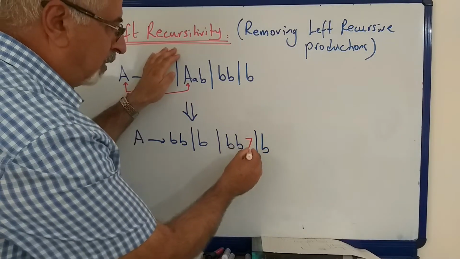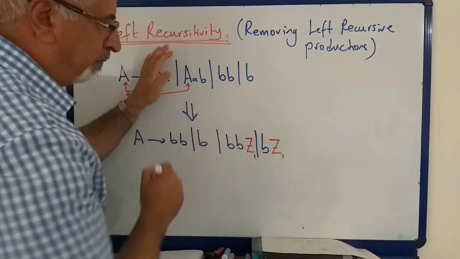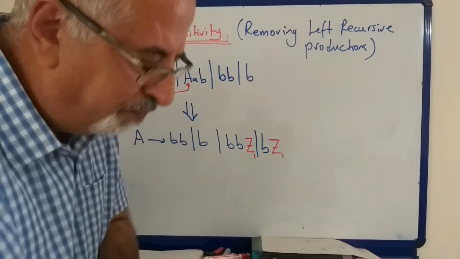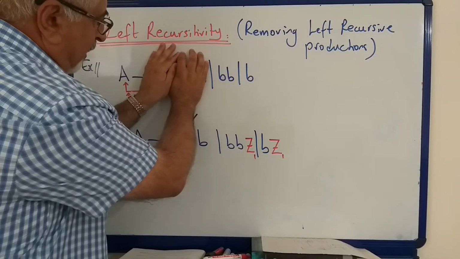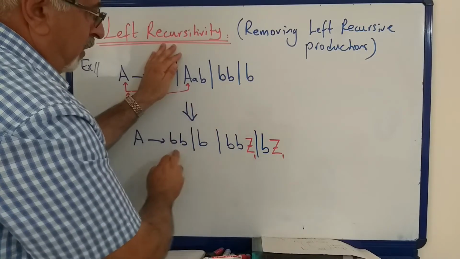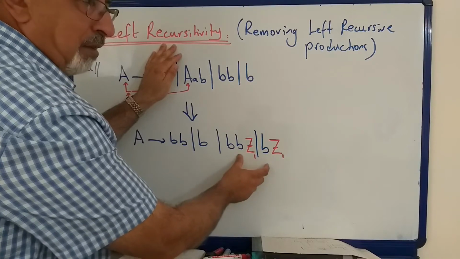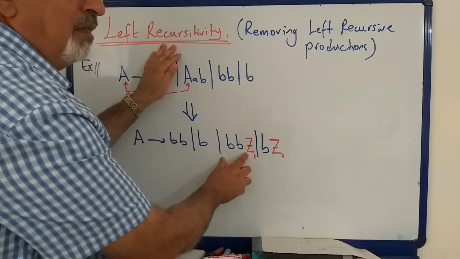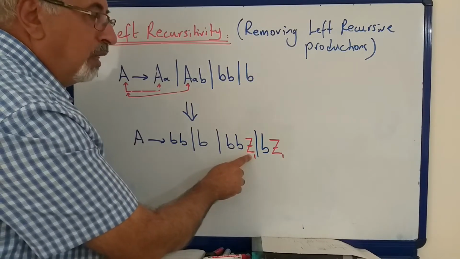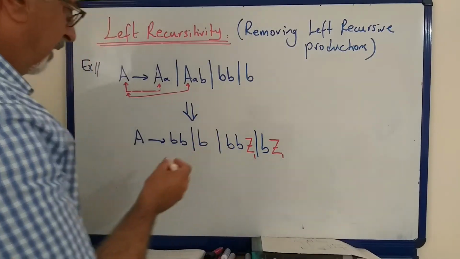I will make it Z1. Okay? So I am repeating again. What I did, we hid the left recursivity, and we wrote the remaining BBB twice. BB, B, BB, B. For the second time, I will append, concatenate it with a new non-terminal. I call it Z1. Okay? Then Z1